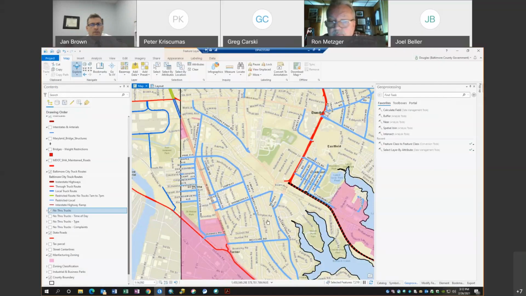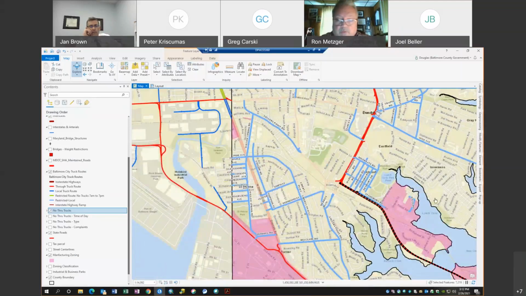Are we sure they're not going up Willow Spring, which I think is another easier way to get there, and then making a right from there? You know this, Ron? I don't believe they're doing Willow Spring. It has 4 different speed humps, and they'd have to come off Dundalk Avenue and then make a right on the south. It would be a mess. That would have to be a total accident. Okay, thanks.